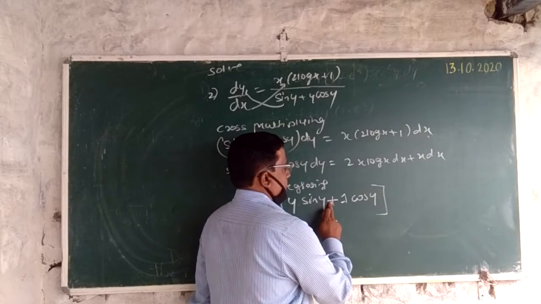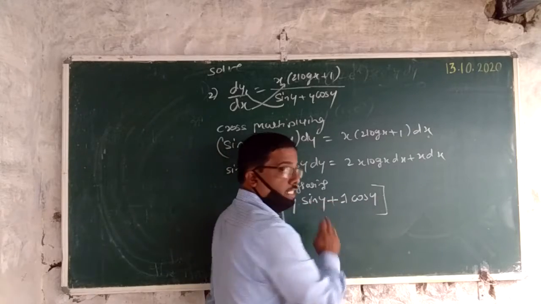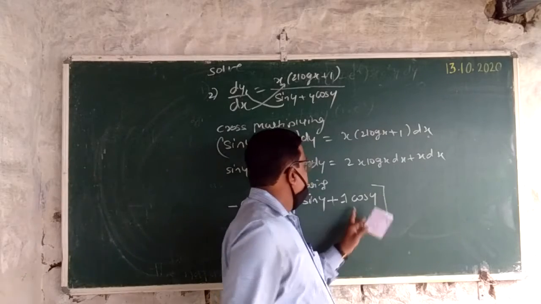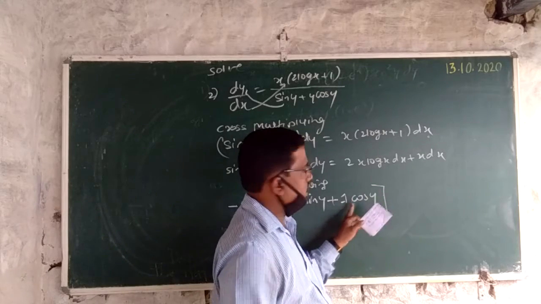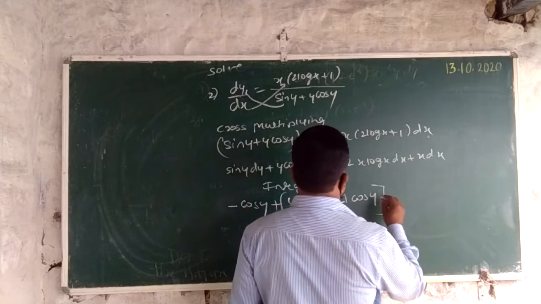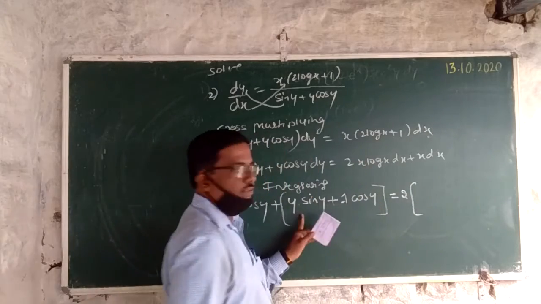So first we have taken minus, because the integration of sin y is minus cos y, so that minus and minus are multiplied here and it becomes plus. Next we take plus. Next, differentiation of 1 is 0. Okay, so therefore we stop the process here only. So 1 cos y is equal to, next 2 into, again apply the same technique here.